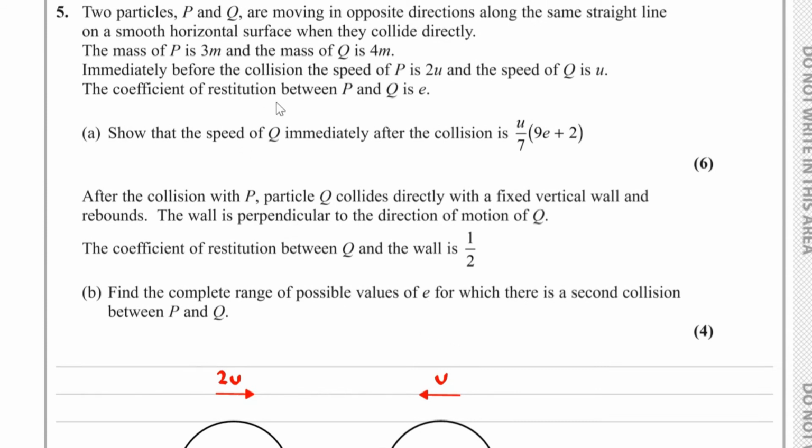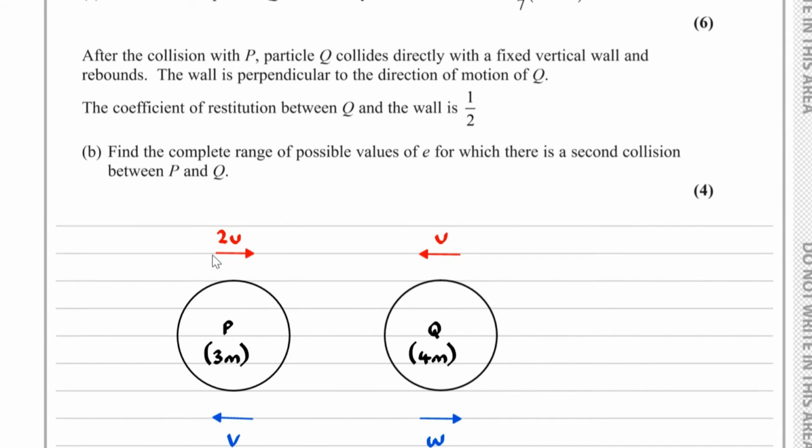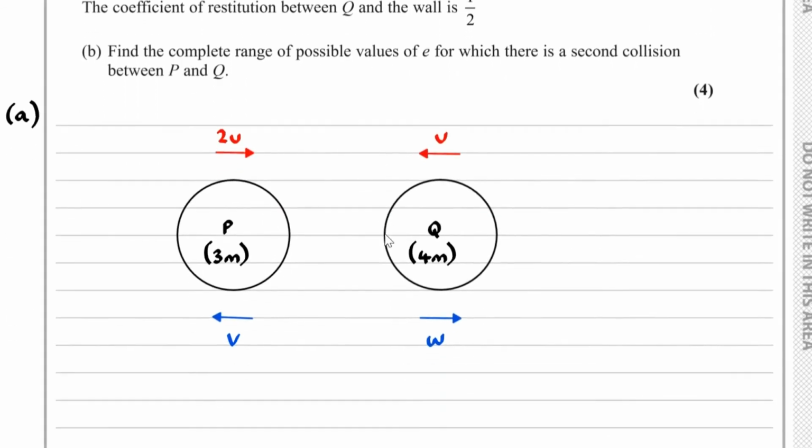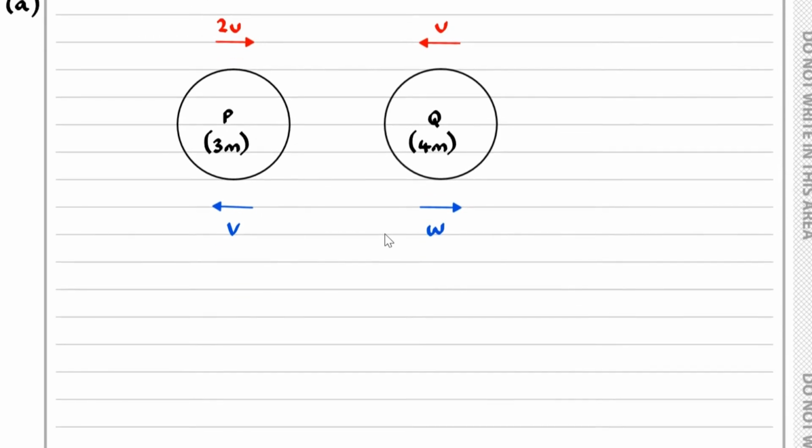And we know that the situation before, the particles P and Q are moving towards each other, indicated by those arrows. Now, what we can do is find out what the speed of Q immediately after the collision is by considering Newton's law of restitution and conservation of linear momentum. So if I consider the conservation of linear momentum,